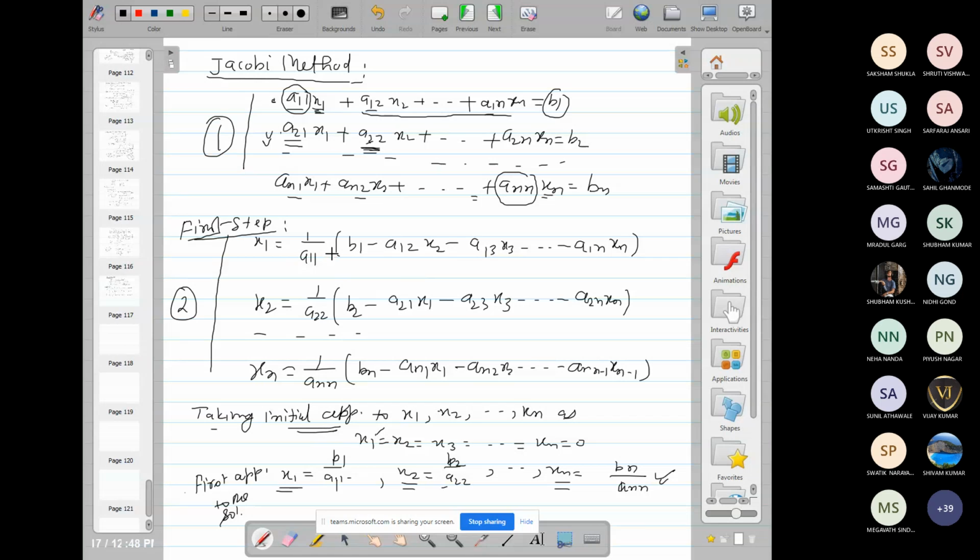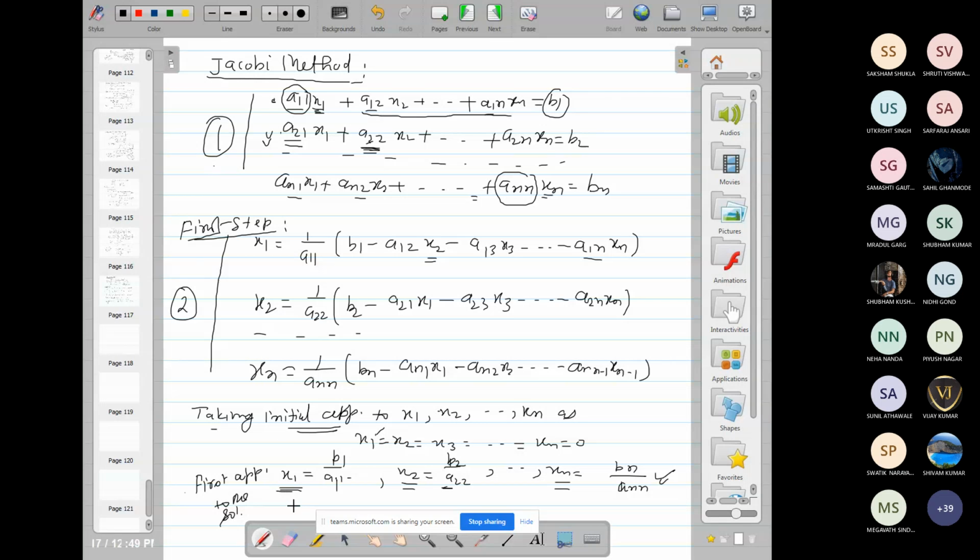अब यहाँ पर क्या होगा, सेकेंड अप्रोक्सीमेशन के लिए ये x2 की वैल्यू अब 0 नहीं होगा, x2 क्या रखना होगा, b2/a22 this, and x3 xn every value here we substituting these value, so we obtain second approximation. Again putting the second approximation to x1 x2 xn into we obtain third approximation. So continuing in this way, we obtain the approximate solution of the given system of equation 1 and we stop